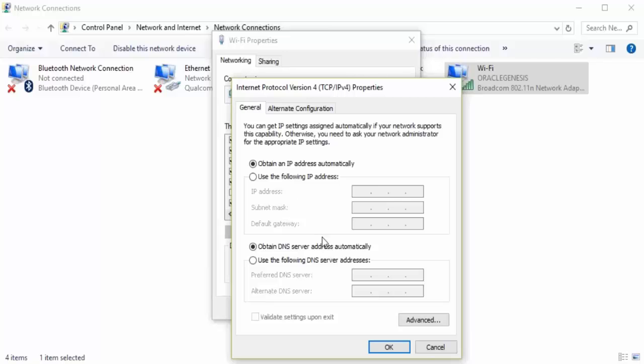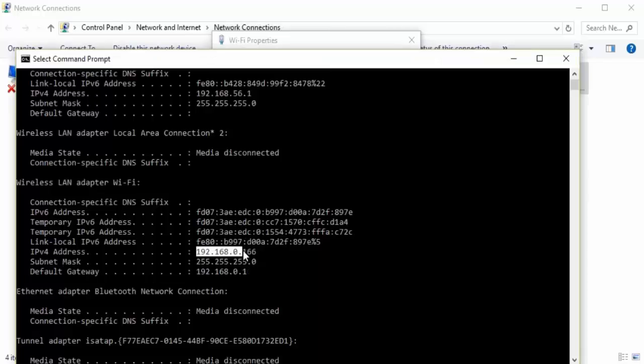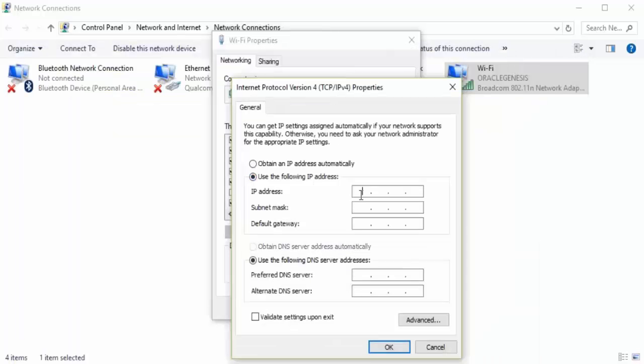Now let's say the current IP address of my laptop ends with 166. I want that whenever my laptop connects to the router that I have right now, it must connect with the IP address ending in 150. I don't want 166 at the end. What I'll do is give the IP address as 192.168.0.150. When I give this configuration, from the next time my laptop will always reserve this IP address. So this becomes a static IP configuration.